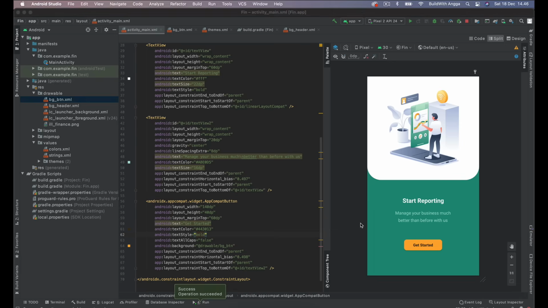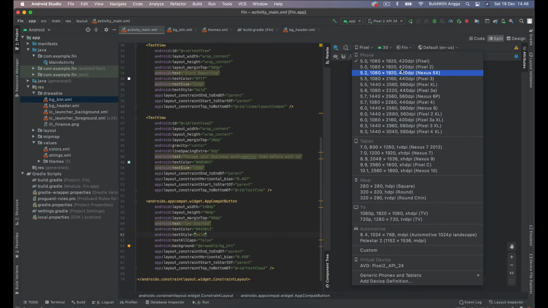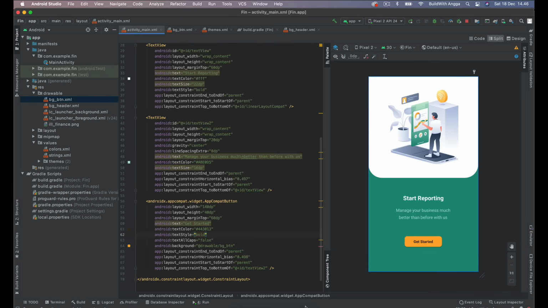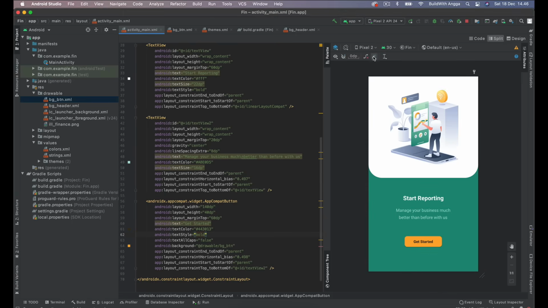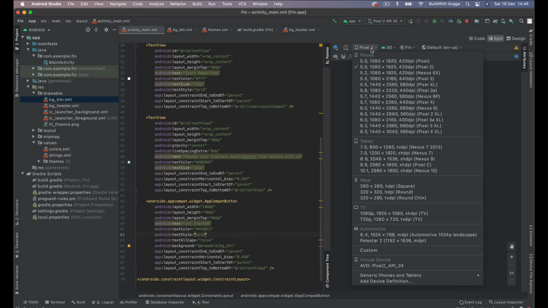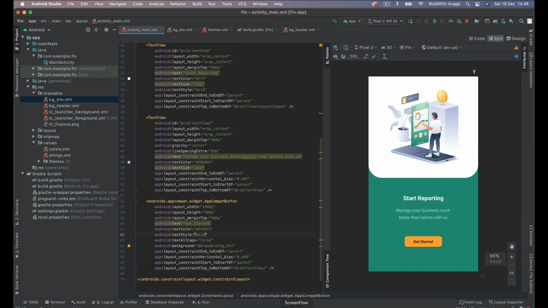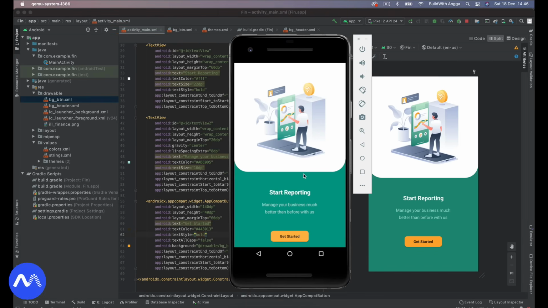Why? Because in this preview maybe I don't use the pixel 2, so we can change it to the pixel 2. Well, actually it has to be good, right? But why isn't it working? Pixel 2, maybe this one, not this one. Yeah, it's supposed to be this one, right? But I don't know why it's not working same like this emulator. Well, yeah, it's okay. Maybe something is missing in this emulator, but you can try to preview in your real smartphone in Android.